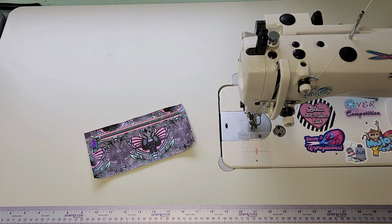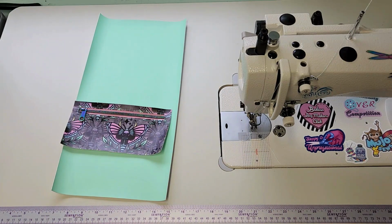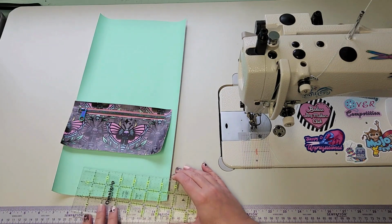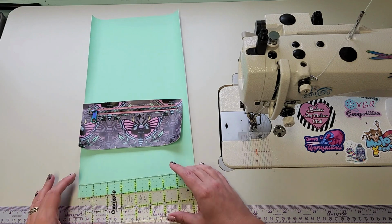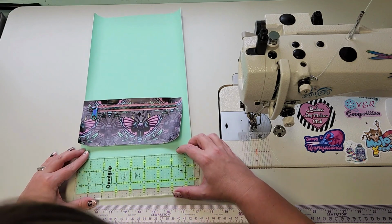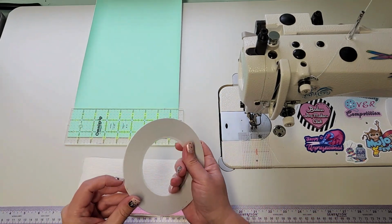Now we want to take the front cover accordion pocket piece right side up. We're going to measure 2.5 inches up from the bottom edge and place the interior zipper pocket at that point. We want it to be centered from left to right. So 2.5 inches. What I'm going to do is take some of my